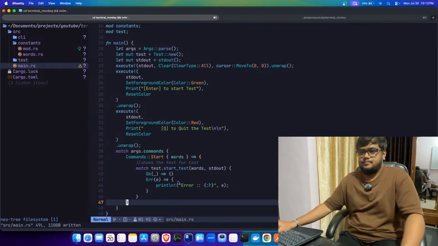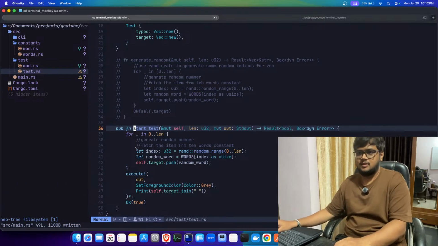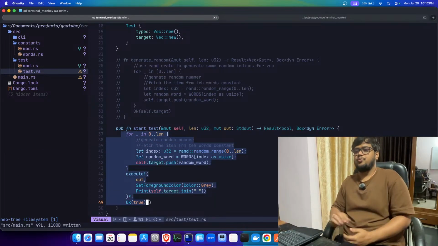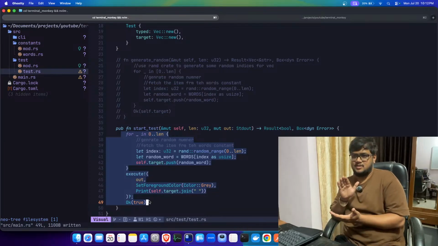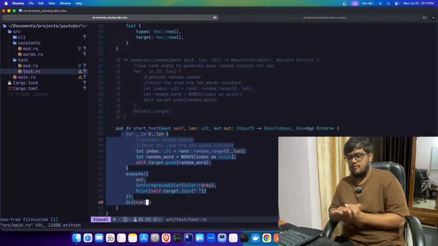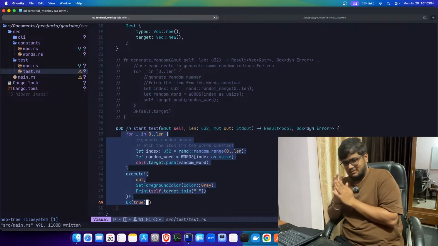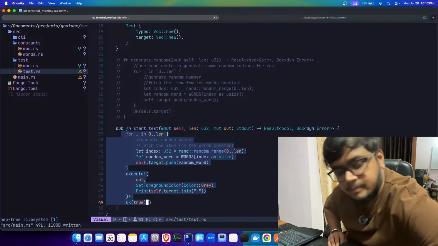So let's go to the start test method. Let's update this. Here we'll use a loop and wait for the event, whatever the user pressed. If it pressed enter, we'll perform something. If it doesn't press enter,